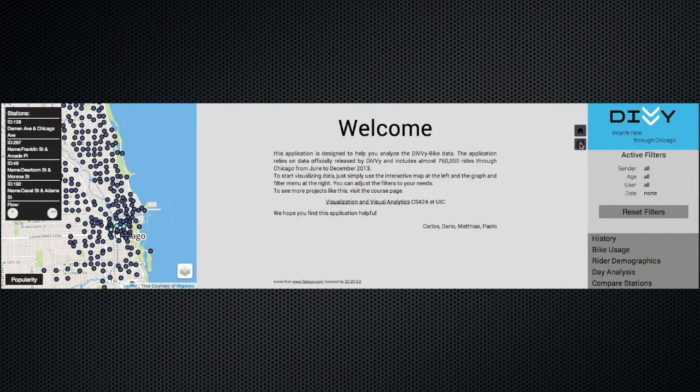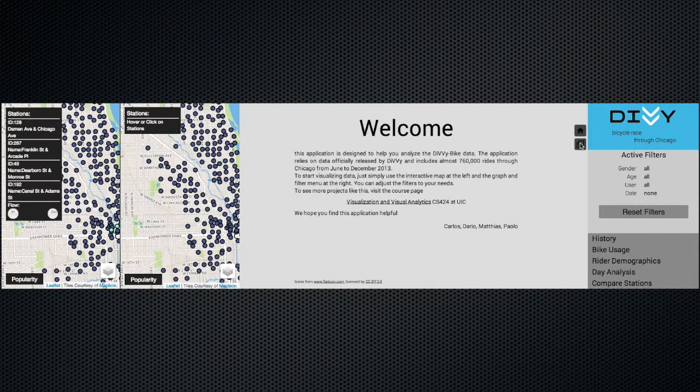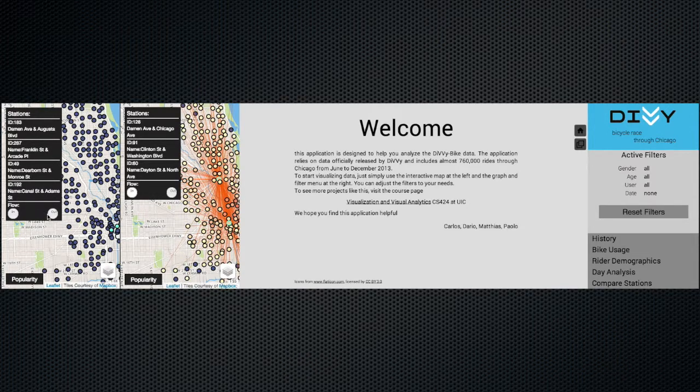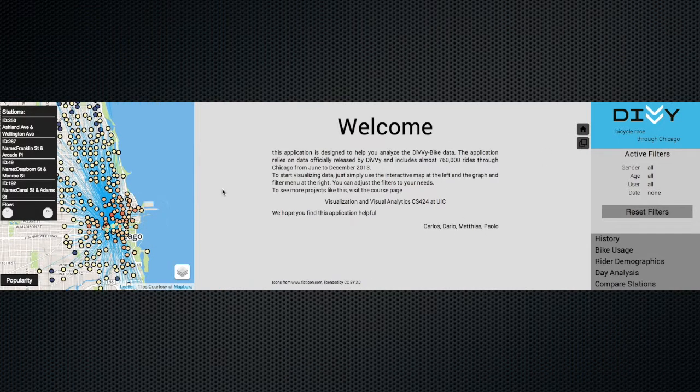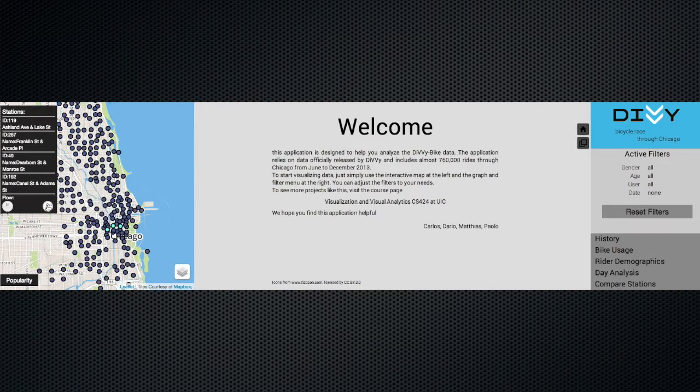You can also have two maps by clicking the button and be able to select stations there too. You can remove the second map by clicking the same button and then hide the inflow and outflow data by clicking the buttons. Then if you want to see a day for the selected stations, you simply click the day analysis,